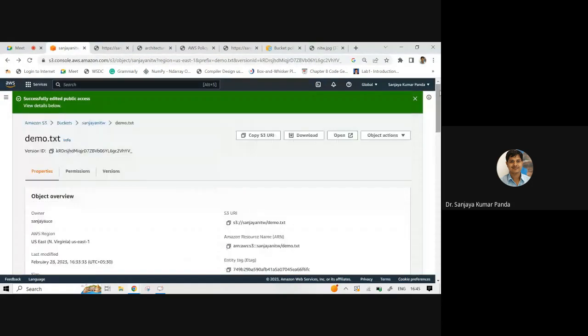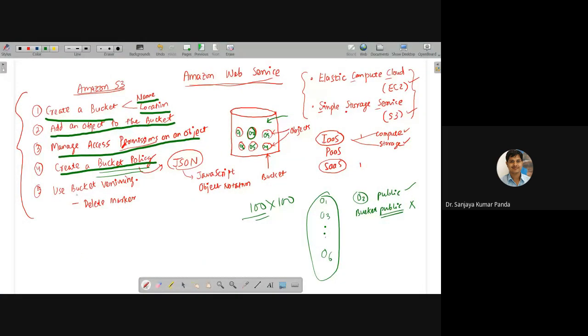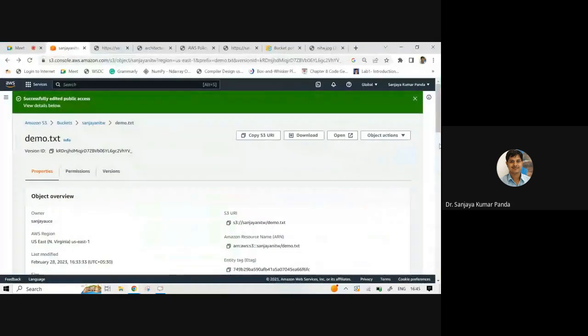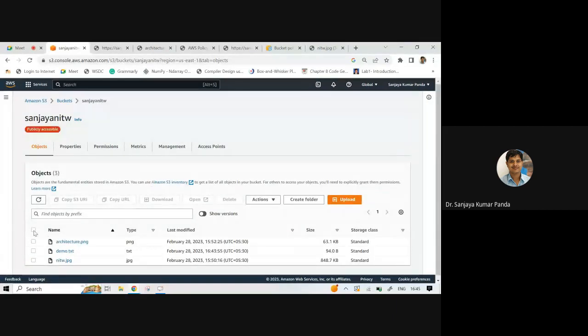So in this way, you can do a lot of things related to Amazon S3. You can explore other things that are available in Amazon S3. I told you only 5 simple tasks, but try to explore other things. And before leaving, you have to delete these files, right?